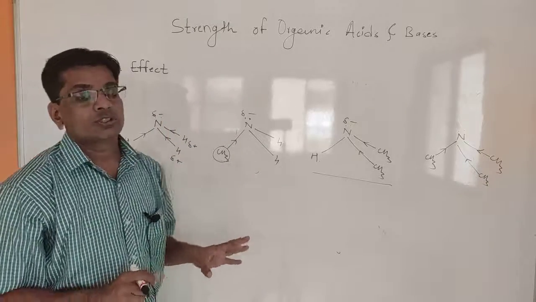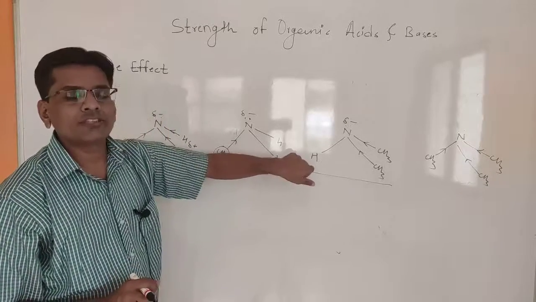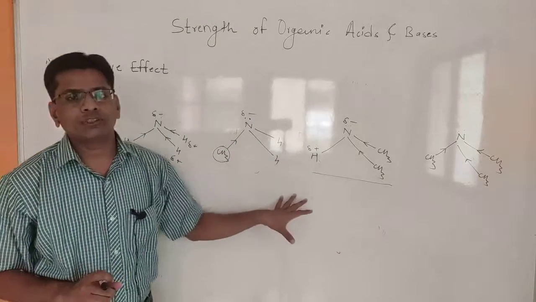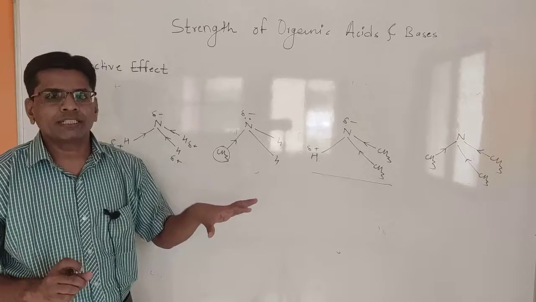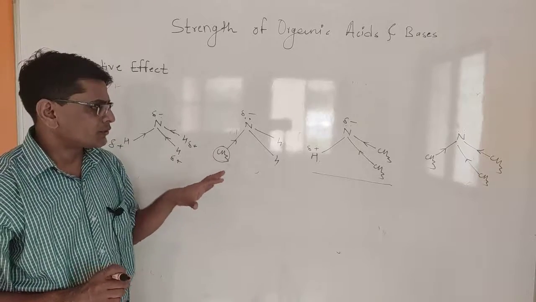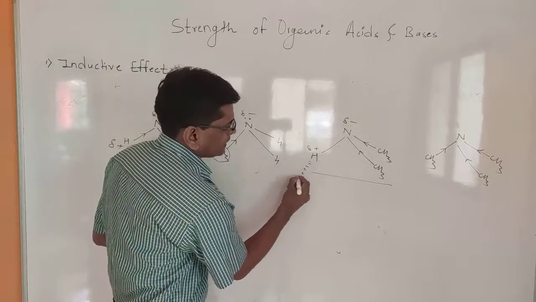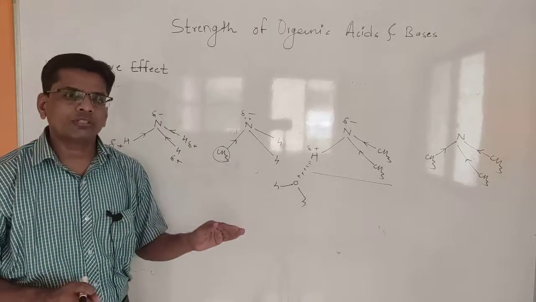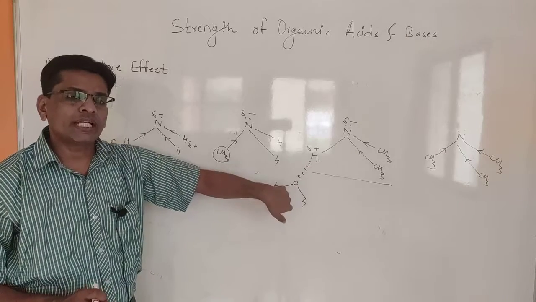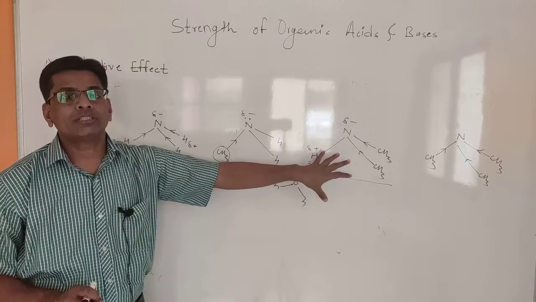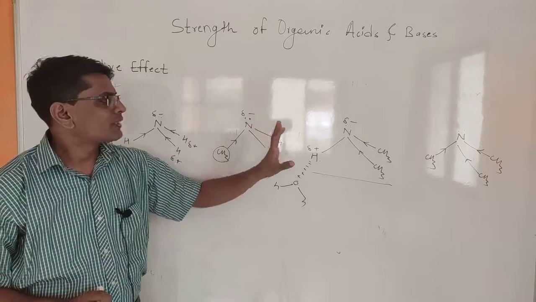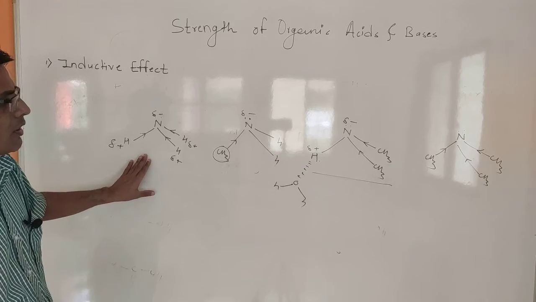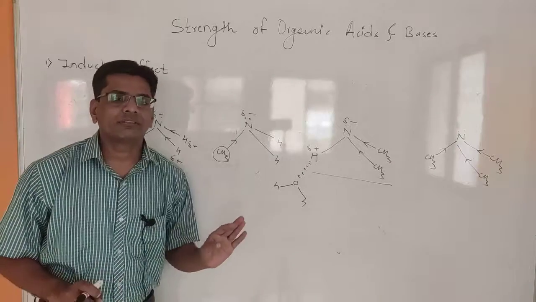Also, the second reason is the solvation effect. Due to the presence of hydrogen, it creates a partial positive charge, and due to that partial positive charge, this has a solvation effect. If water or ethyl alcohol is used as a solvent, then this will form bonding with water or any polar solvent, and due to that also the molecule becomes a stronger base. Now, this is all about the inductive effect. Thank you.